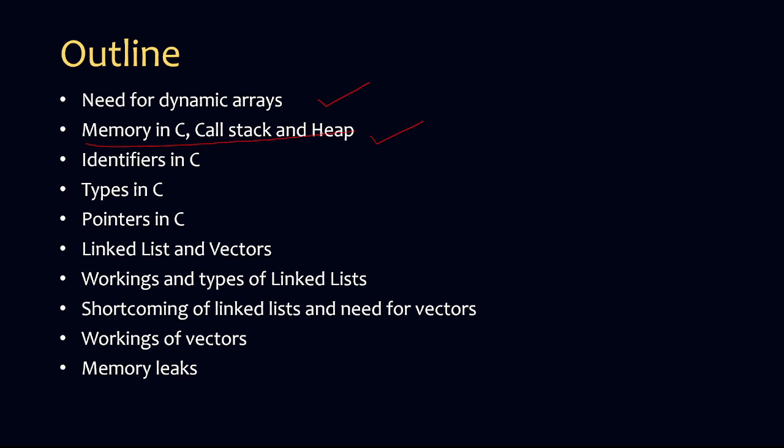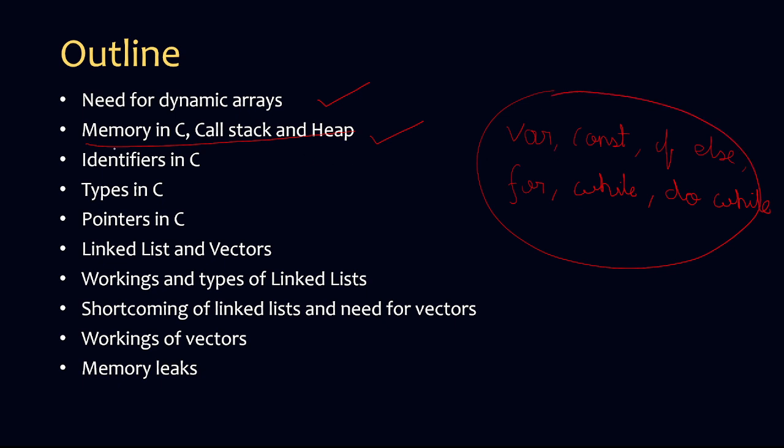Now, memory in C is usually something we'd be discussing after we talk about variables, constants, conditional statements like if else, loops like a for loop, a while loop, or a do while loop. So memory in C is usually something that is discussed after these topics. But again, I prefer discussing it first, because my ideology on this is simply that